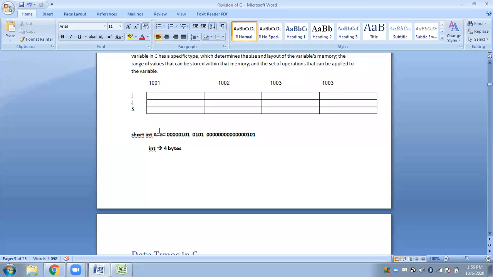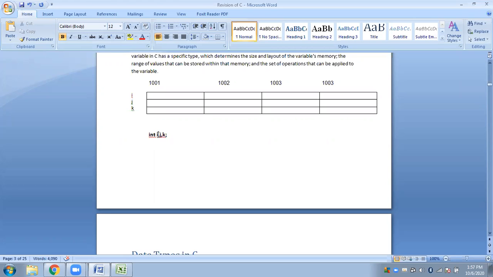See here, by that particular statement declaration. What was that statement? int i, comma j, comma k. Yes, this was the statement. This is how we declare variables. Once this statement is executed by the compiler, because these are three variables, we will be storing three values here. And what type of values? We will be storing integer type of values. As soon as the compiler reads this data type, it will understand that for each of these variables we have to assign 4 bytes of memory.